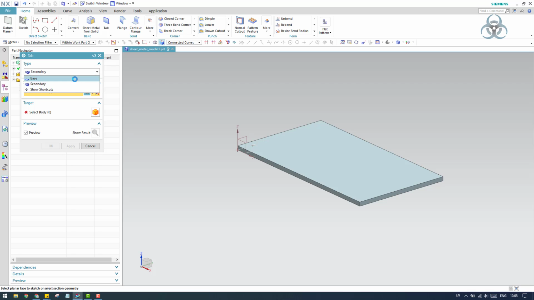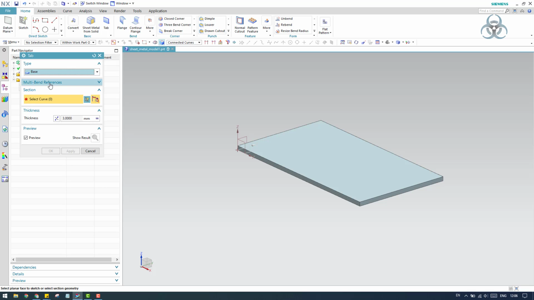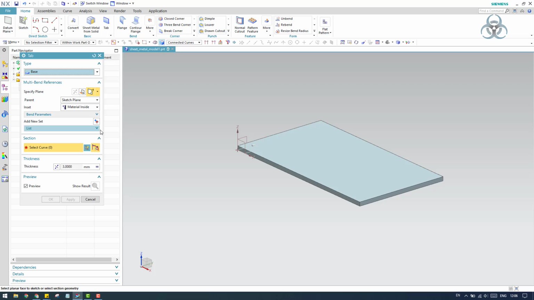So before going to that, once you have a base, you have multi-bend preferences here. This is a little bit important, so I'm just going to do it in the next video. I'm not going to explain these multi-bend preferences in this video. So we'll directly jump into the secondary